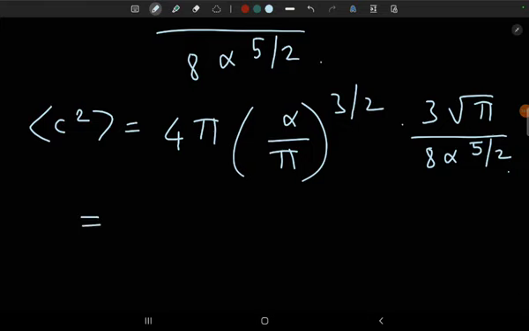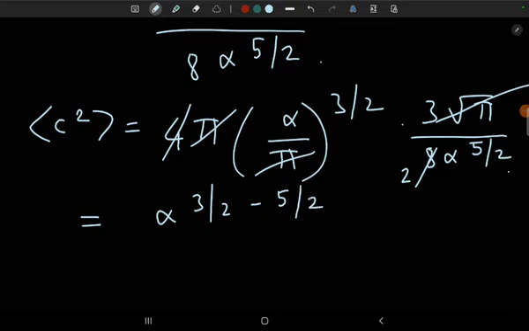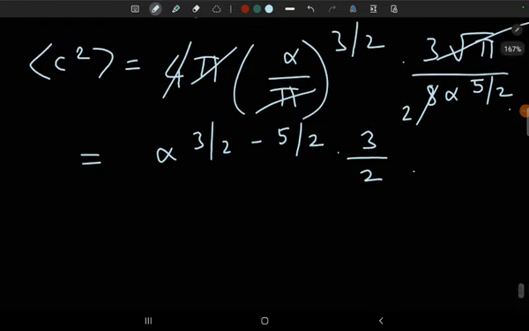We shall evaluate the result, and here we can see the 2 cancelling out, and this 3 by 2 in the denominator was cancelled by 3 by 2 in the numerator, and the pi was getting cancelled out totally, and there was alpha to the power 3 by 2 minus 5 by 2 into 3 by 2, and this actually came out to be 3 by 2 alpha,